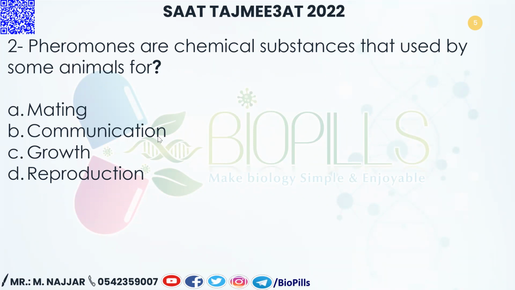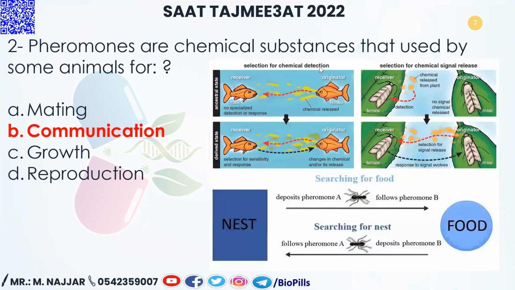The perfect answer, or the answer that best fits here, is B, which is communication. Okay, by the way, pheromones are being used for mating. Mating is a part of sexual reproduction. But all of those are under communication. So the answer that best fits here is B, which is communication. So watch out. Yeah, as you know, the organism can release pheromones in order to communicate